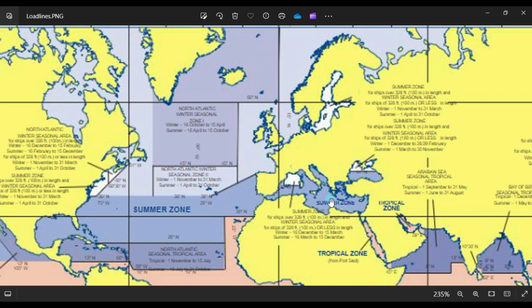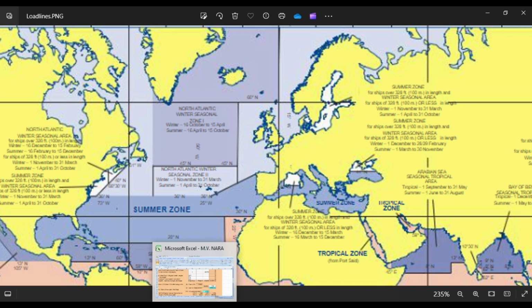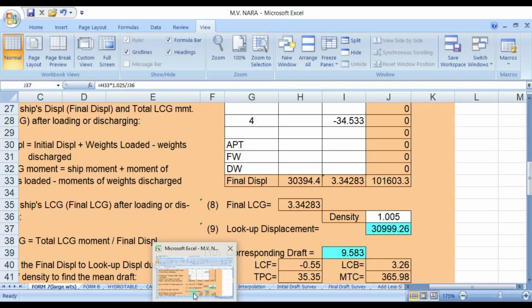This is the Mediterranean Sea, going to Gibraltar, going to Portugal, and this will be Spain here, and this is Point Torinana. This line here is the summer zone, and the upper part is the winter zone. So this will give you an idea of this governing zone.